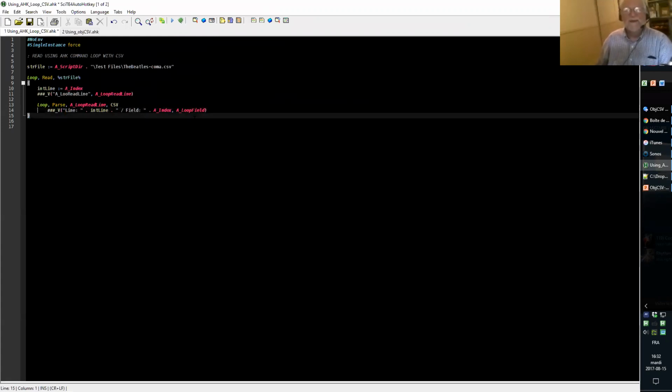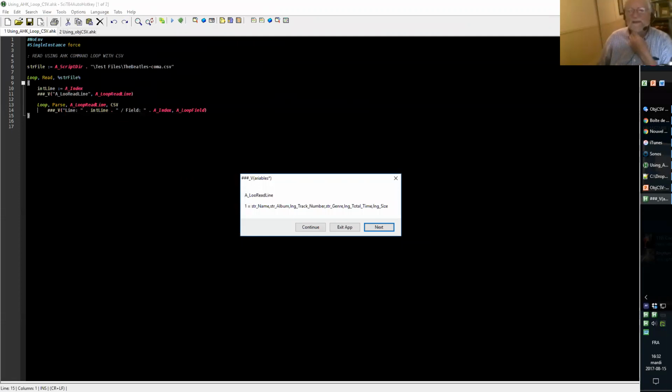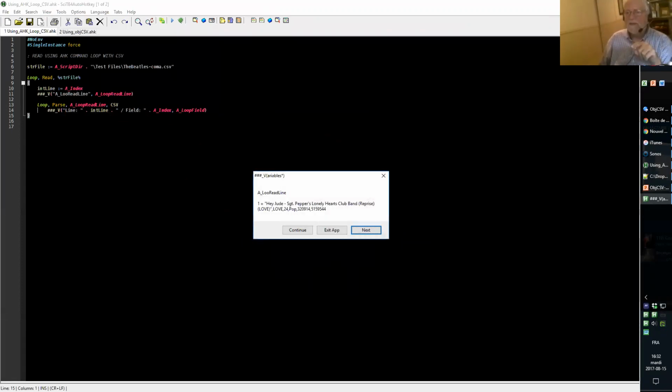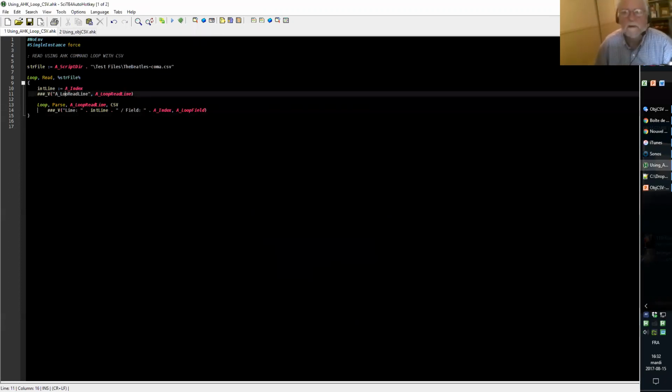Okay, there we go. So, first line, we have the header. Second line, we have first line, first field, and this field is the header. So we have name, album, track number, genre, total time, size. Now, second line, and I should put something here just to make it a little more readable.